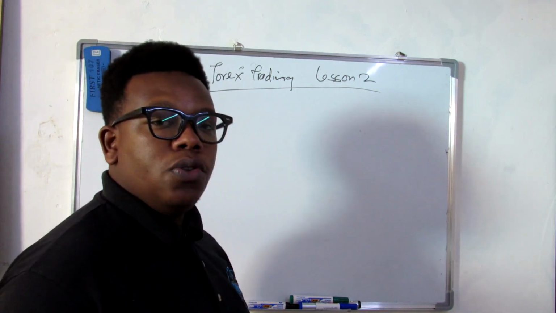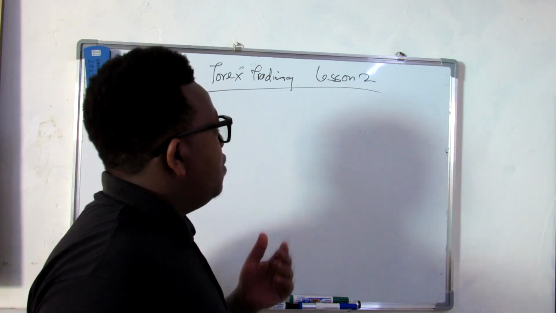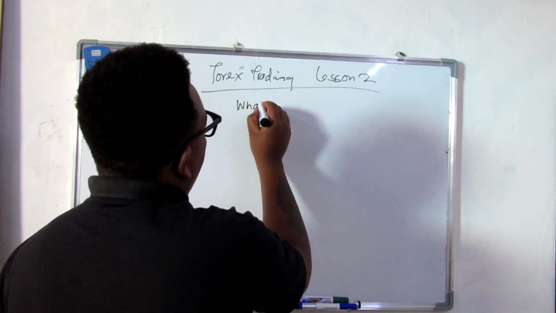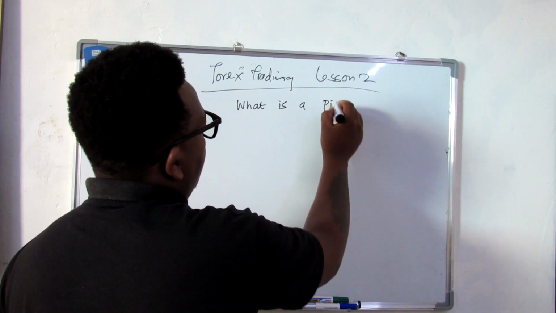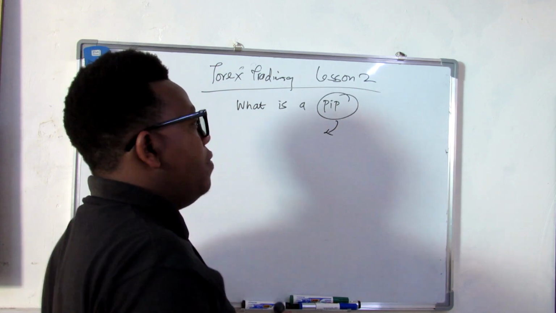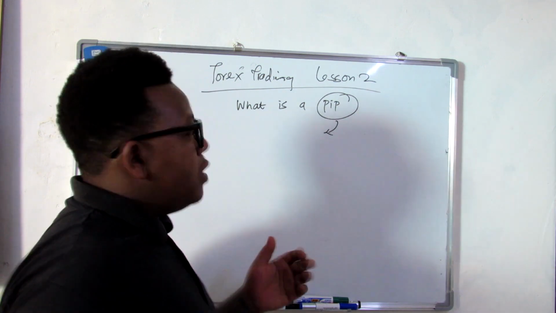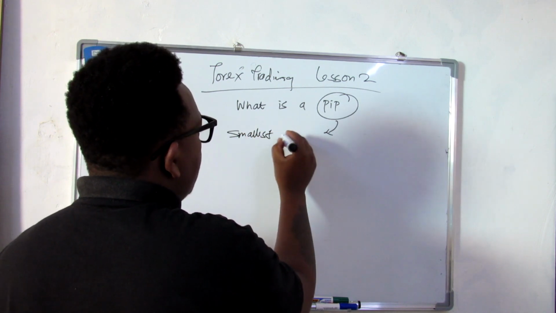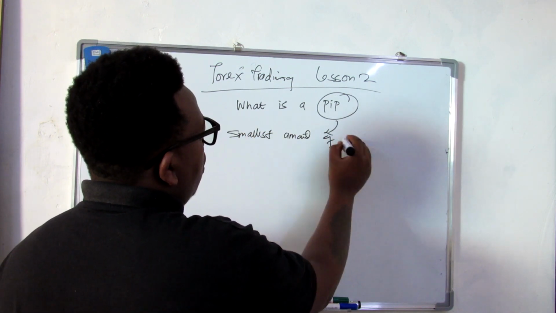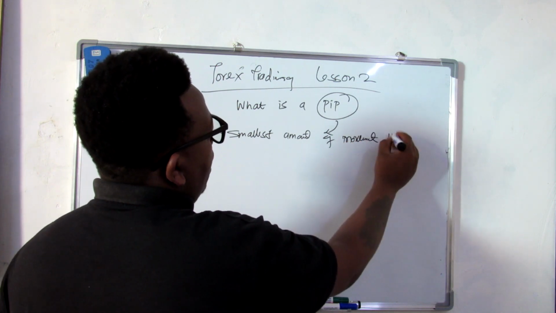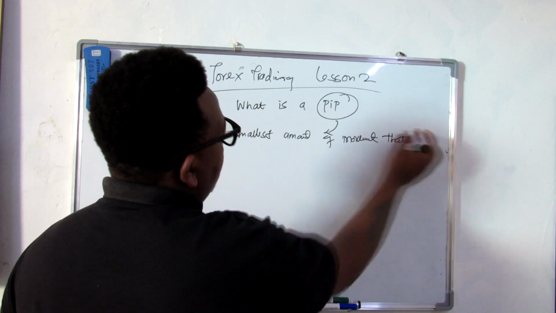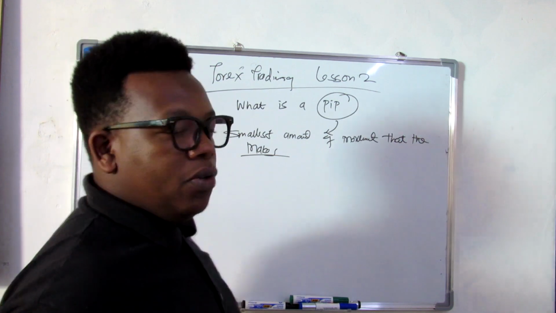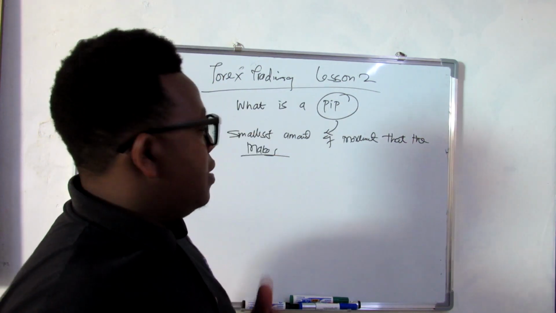So for today's lesson, we are going to look into something very interesting. I'm going to introduce to you what is a pip. What is a pip? So we'll start with the definition of what exactly a pip is. And in Forex, pip means the smallest amount of movement that the market makes. Or the smallest amount of movement that you get to notice in any market, that is in any currency